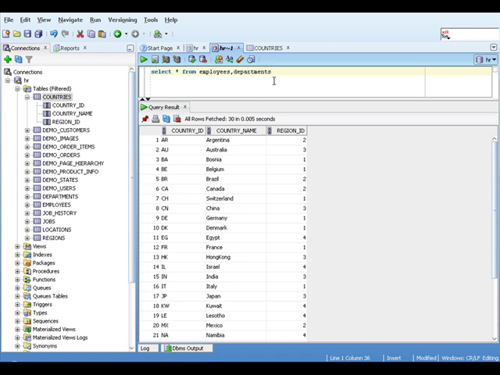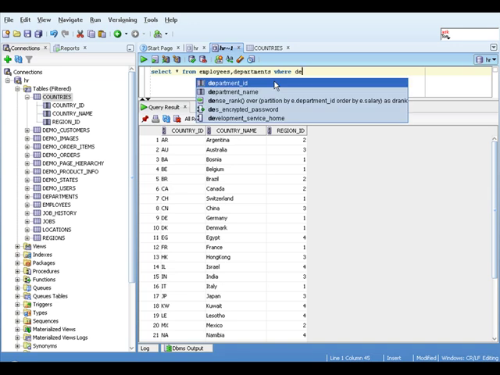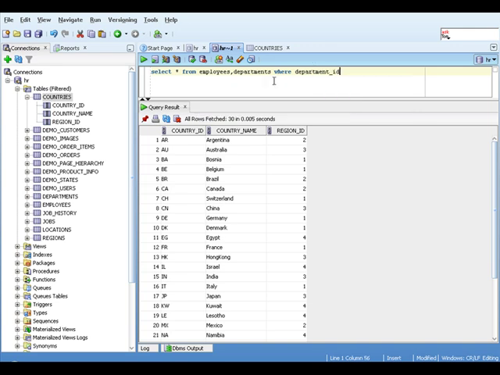So we take that where, again, department ID equals